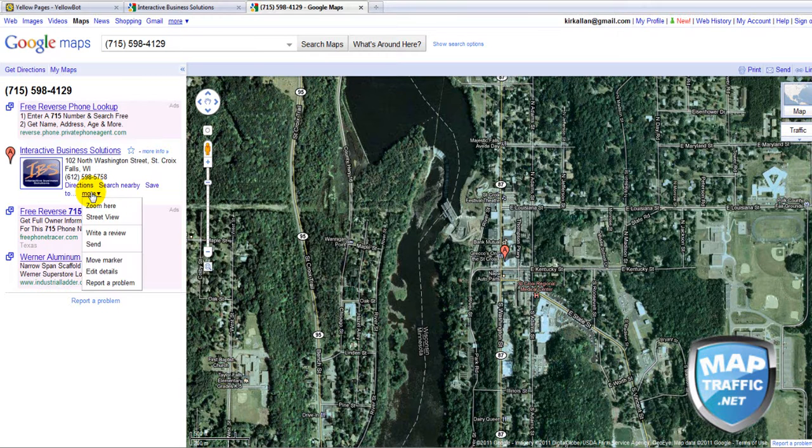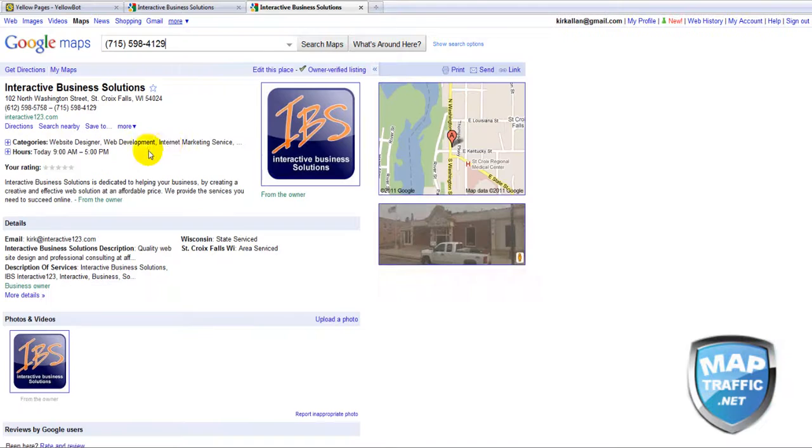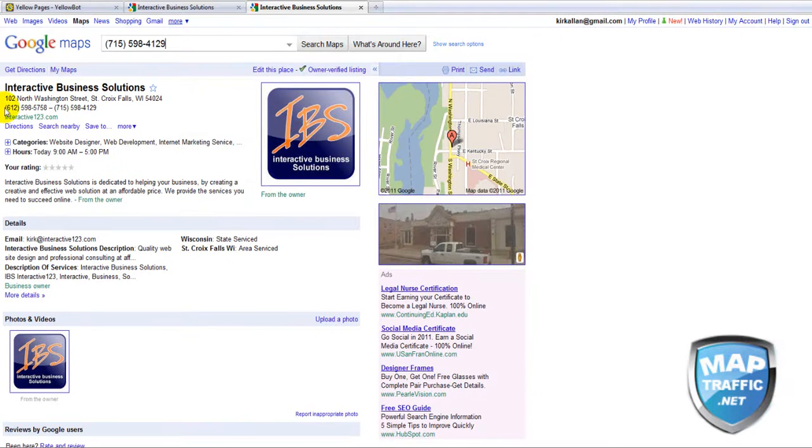So we're going to open up this listing, and the one thing that we encourage with Map Traffic when you're setting up a listing anywhere is that it's very essential that the information is accurate, and Google is very finicky about that. And because Google is kind of king of the hill, we want to start with what we have in Google. You can see that this is an owner verified listing. This listing is